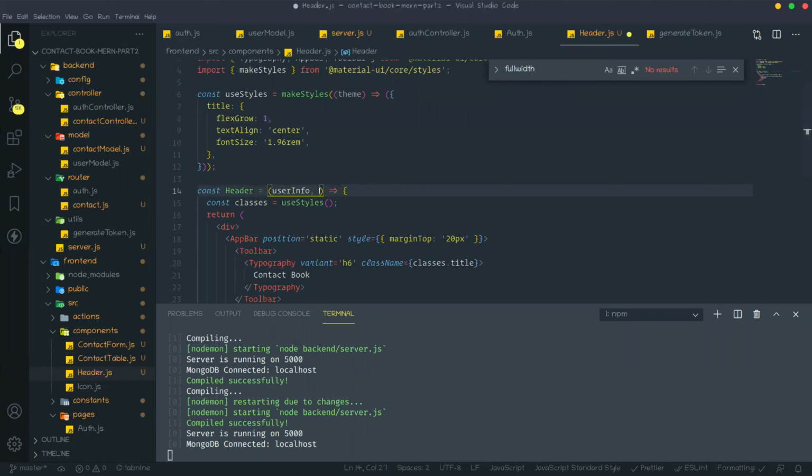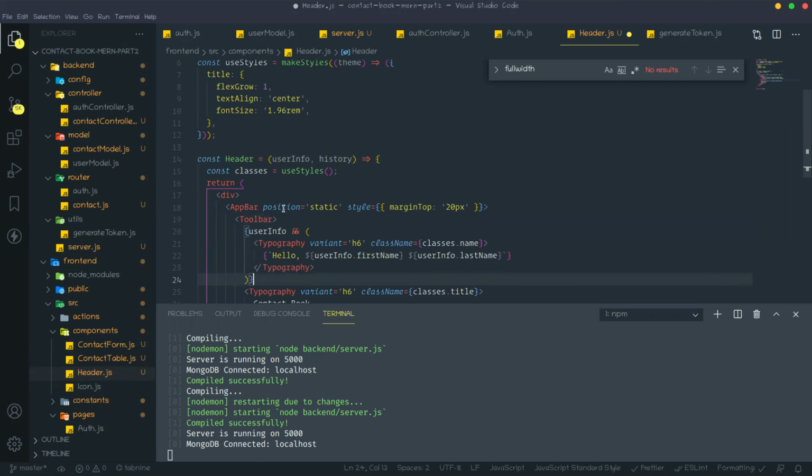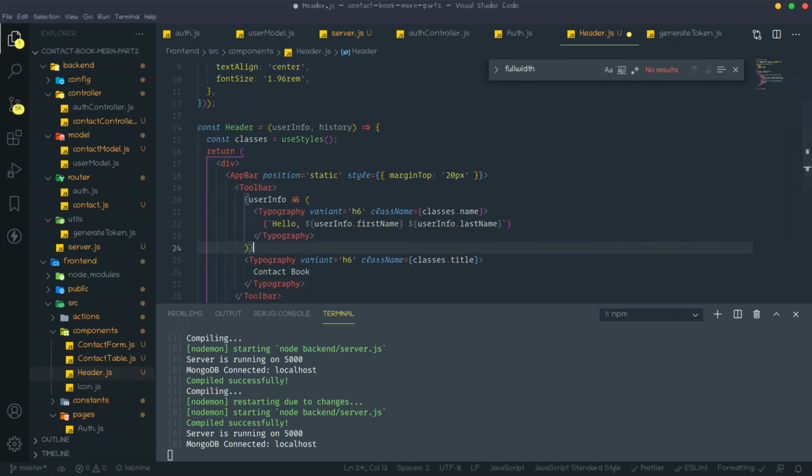After the toolbar we can display another typography, and we need to give one class.